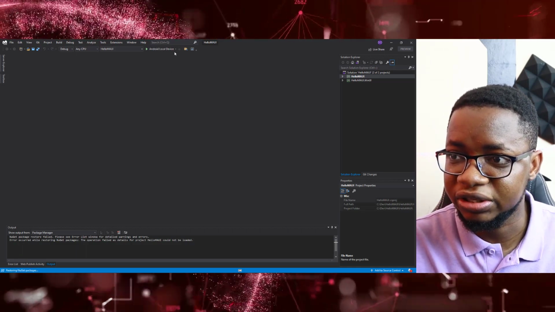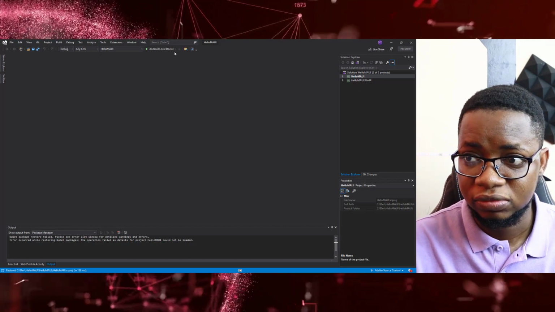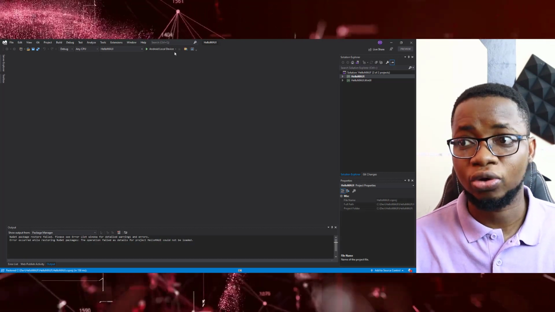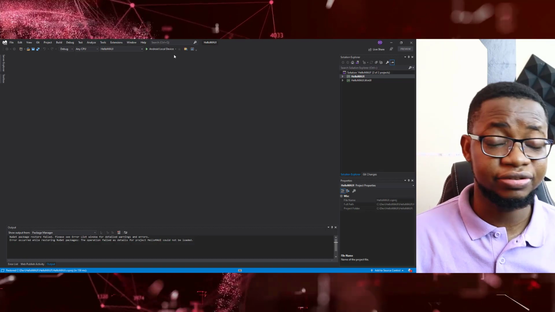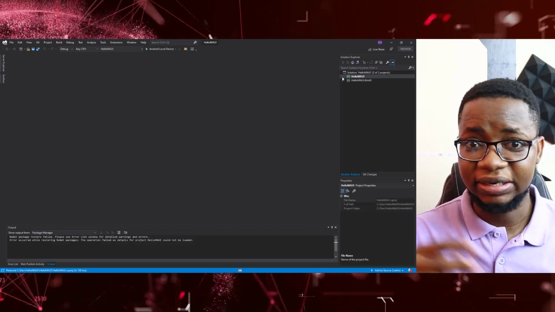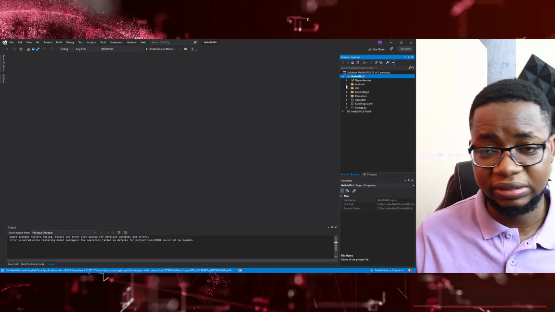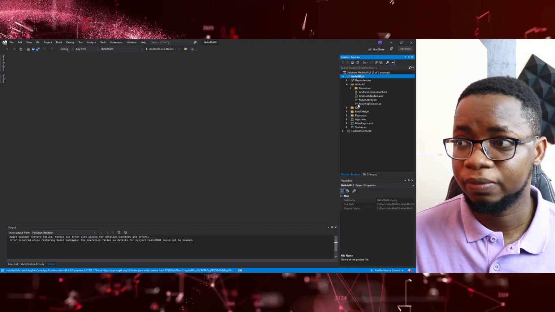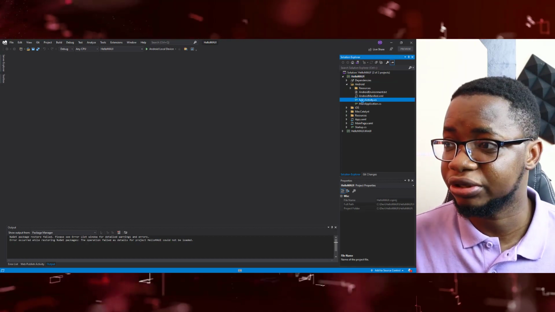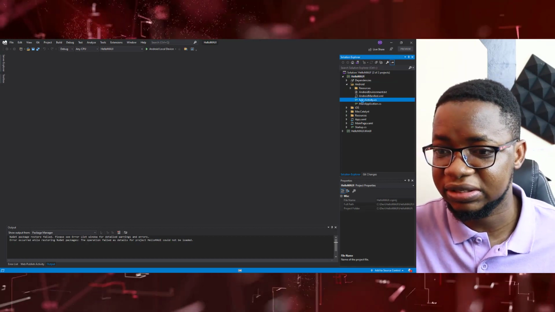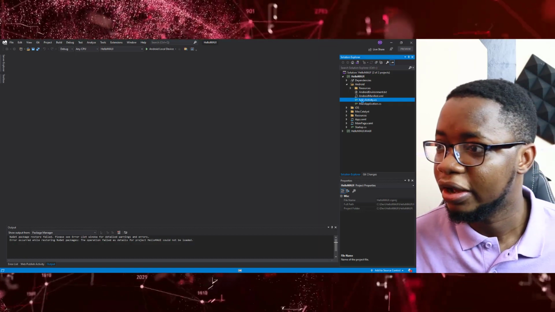I'm going to run this on an Android device. I'll run this on my phone because the first time I tried it on my other computer, it didn't work well with whatever I was doing. So I'm going to run this on a local Android device, but I can expand and see as the packages restore,